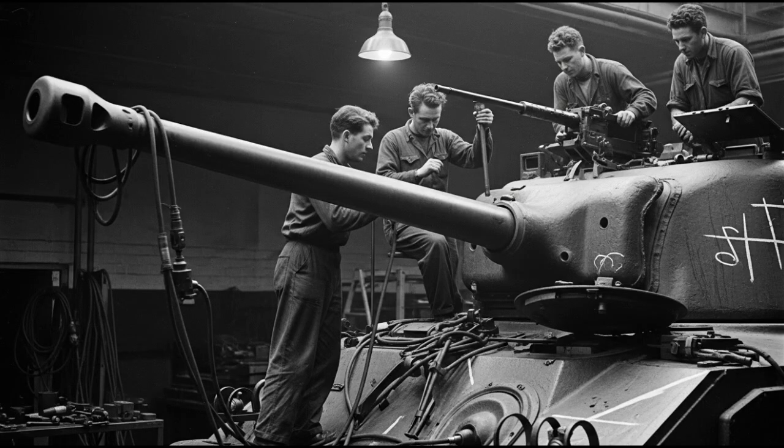When the last Fireflies were scrapped and their barrels cut for metal, few of their crews watched without emotion. They knew what those long barrels had meant in the summer of 1944, when every inch of ground was earned at a terrible price. The gun had given them something intangible,